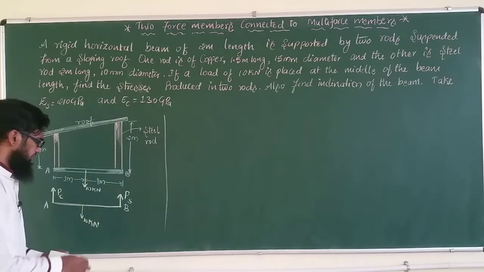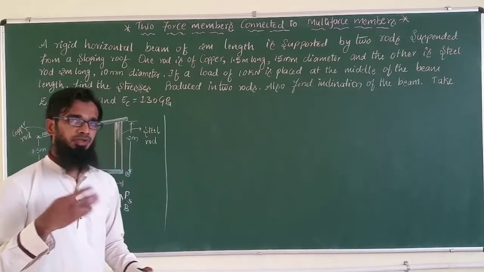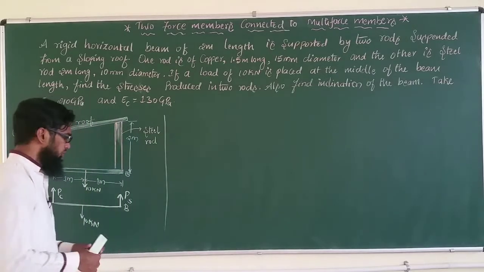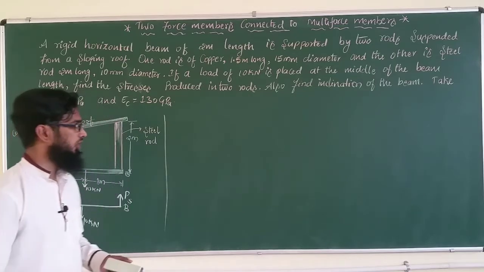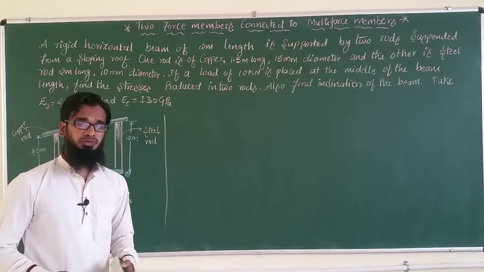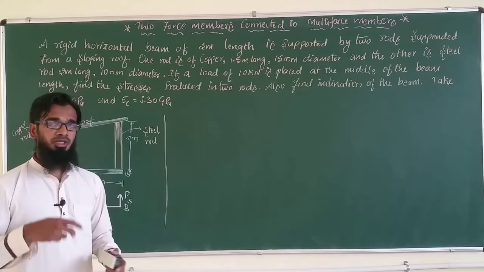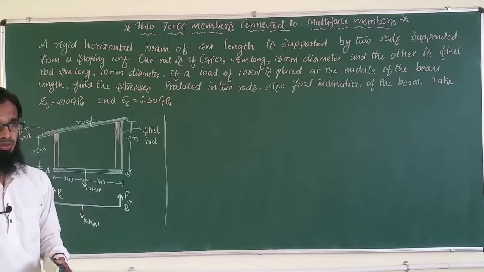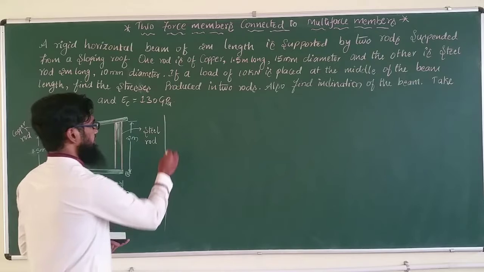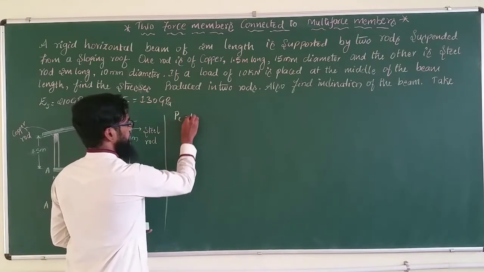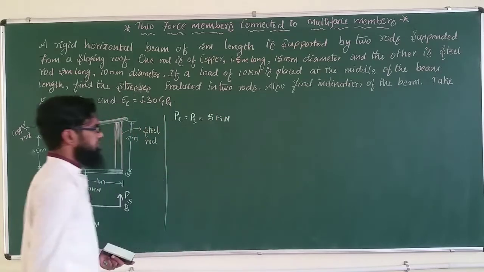The problem is very simple here. Since the 10 kilonewton is acting exactly at the middle point, for equilibrium obviously PC is equal to PS, which is equal to 5 kilonewton. Otherwise we can use the equilibrium equations, sigma moment equal to 0 and sigma Fy, that is force, equal to 0, and calculate in that way also. But since the problem is very simple, we know that PC is equal to PS is equal to 5 kilonewton. These are the loads here.